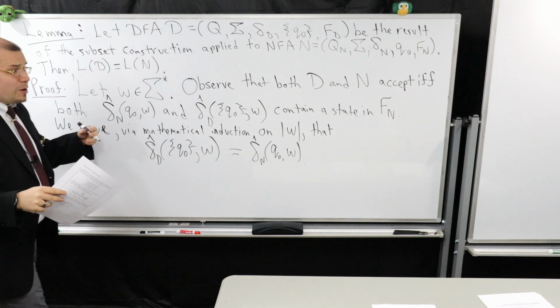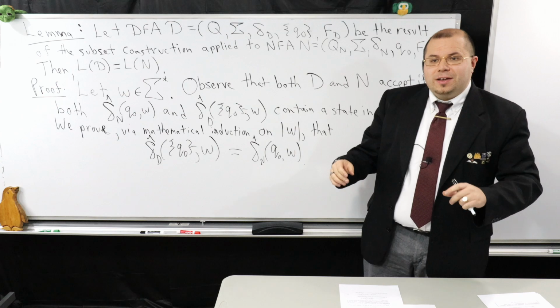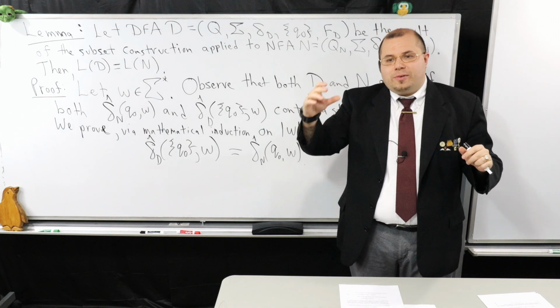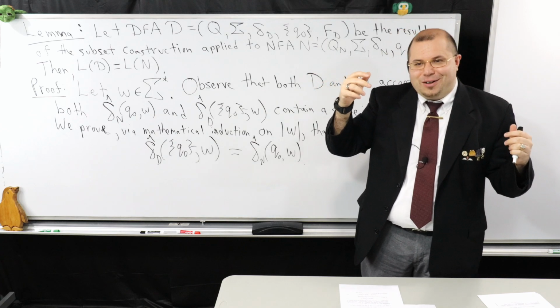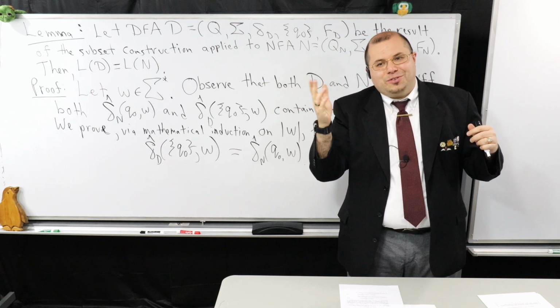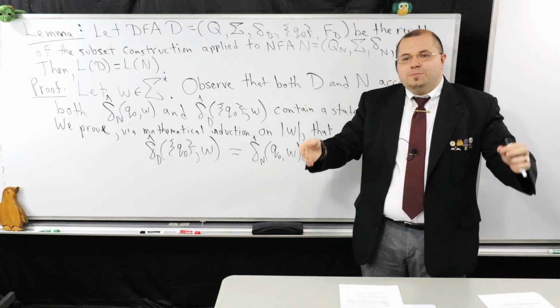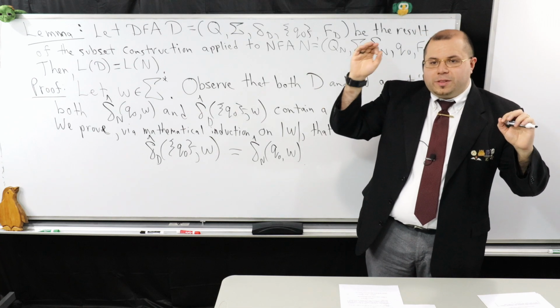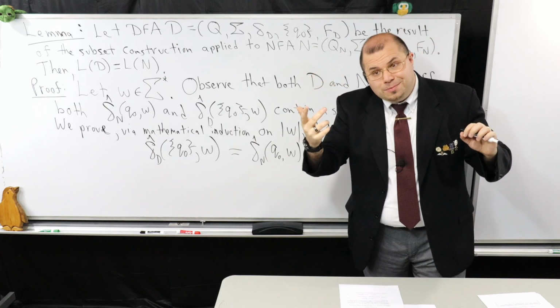When we use mathematical induction, there are two big parts. In the principle of mathematical induction, we have a base step, which we'll call the basis, because I like to be consistent with what I've been doing already. And then there's the inductive step, which I'll refer to as the induction step. The idea is that I need to prove a statement for the base step, for the smallest possible value for which the statement is going to be true.